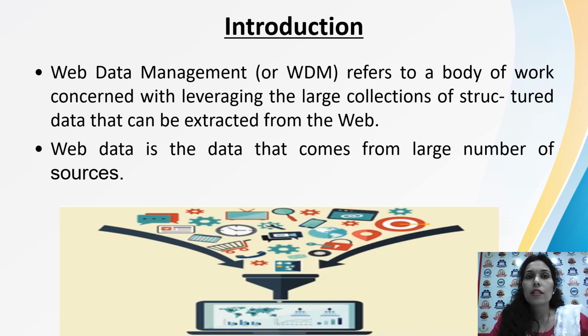Data is of three types: structured data, unstructured data, and semi-structured data. We can see by example. Structured data is nothing but, for example, a relational database, where data is in rows and columns. Unstructured data means social media data, satellite images, scientific data, and mobile data. The combination of structured and unstructured data is semi-structured data, where data is in a tree form